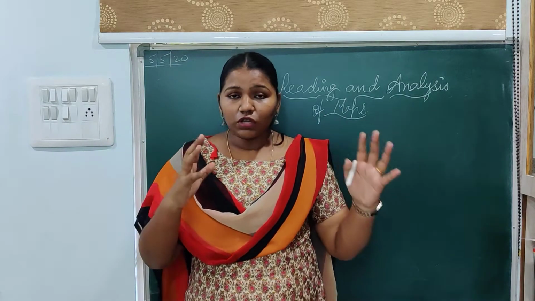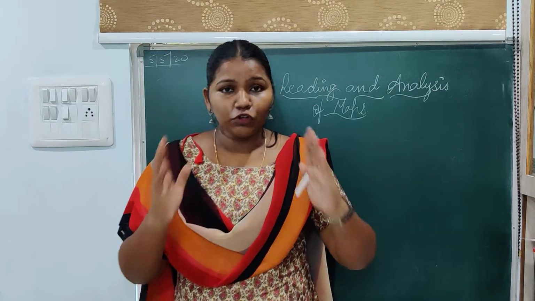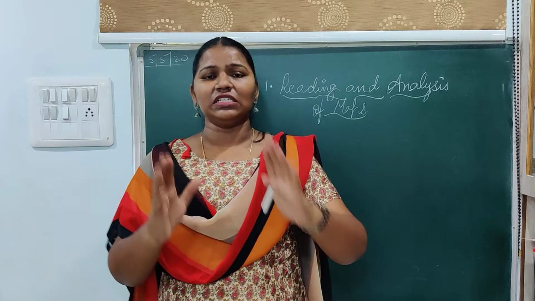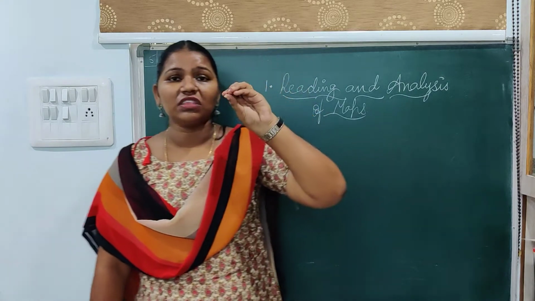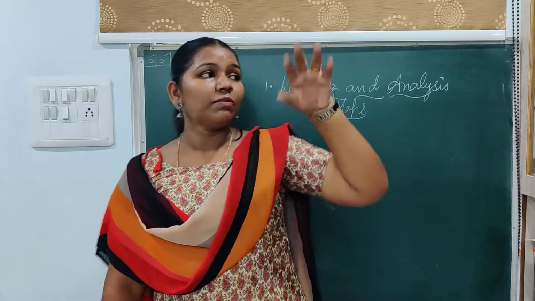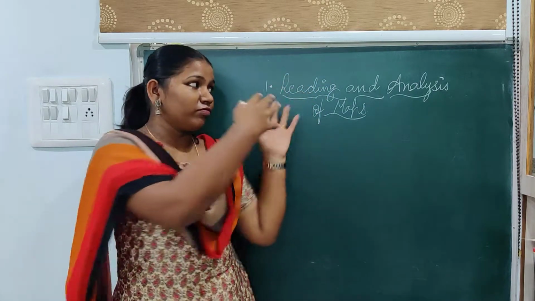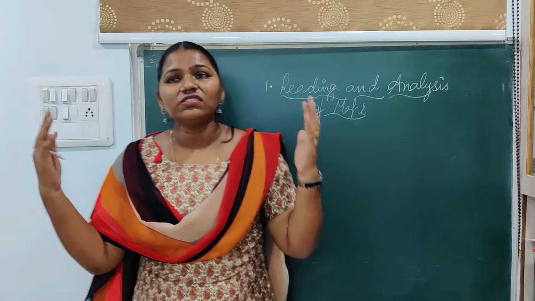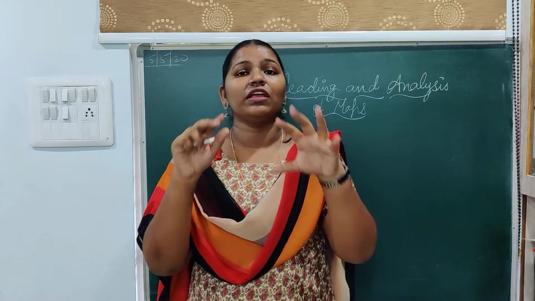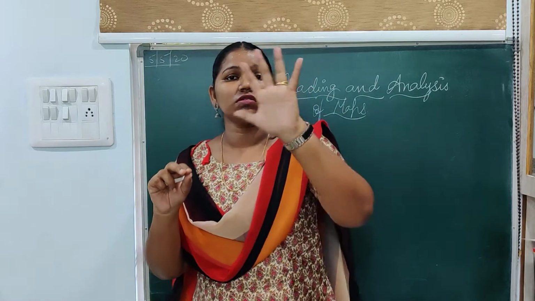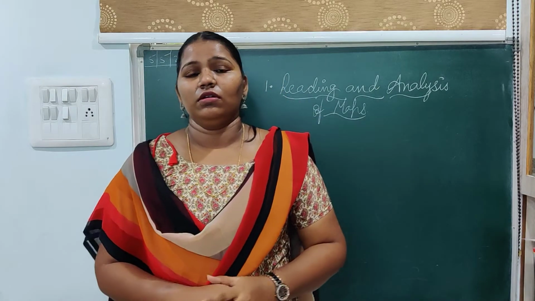So now what is the difference between a photograph and a map? A photograph shows only some particular details. It only gives what it captures, what you take the photo of. For example, now I'm here, if you take my photo, the background will be the blackboard and all, and you can identify this is a room, and in that enclosed room some class is going on, that only you can identify, right? The things which are seen in the photo, only those details you can give.